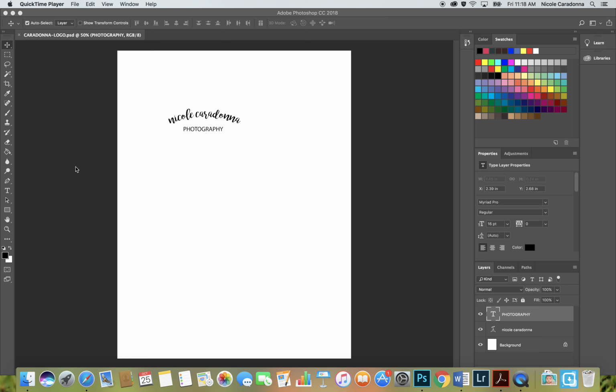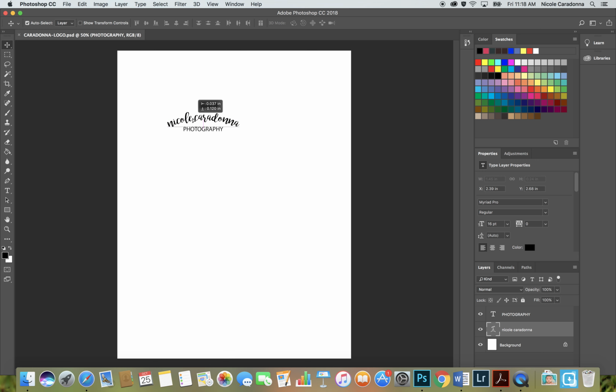Hey guys, I also wanted to show you how to resize anything and how to move anything around. This is not just for text and using the type tool, but it's also for photos or images, anything that you input into Photoshop. You have to use this specific tool in order to resize. So the first thing is the move tool is how you get just a little arrow where you can move